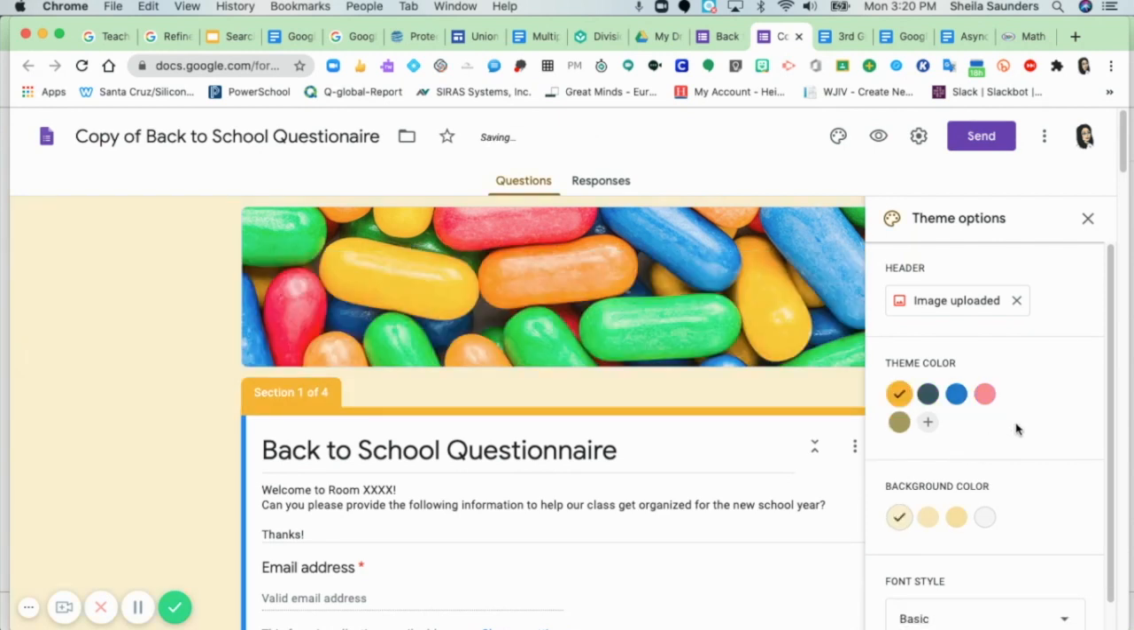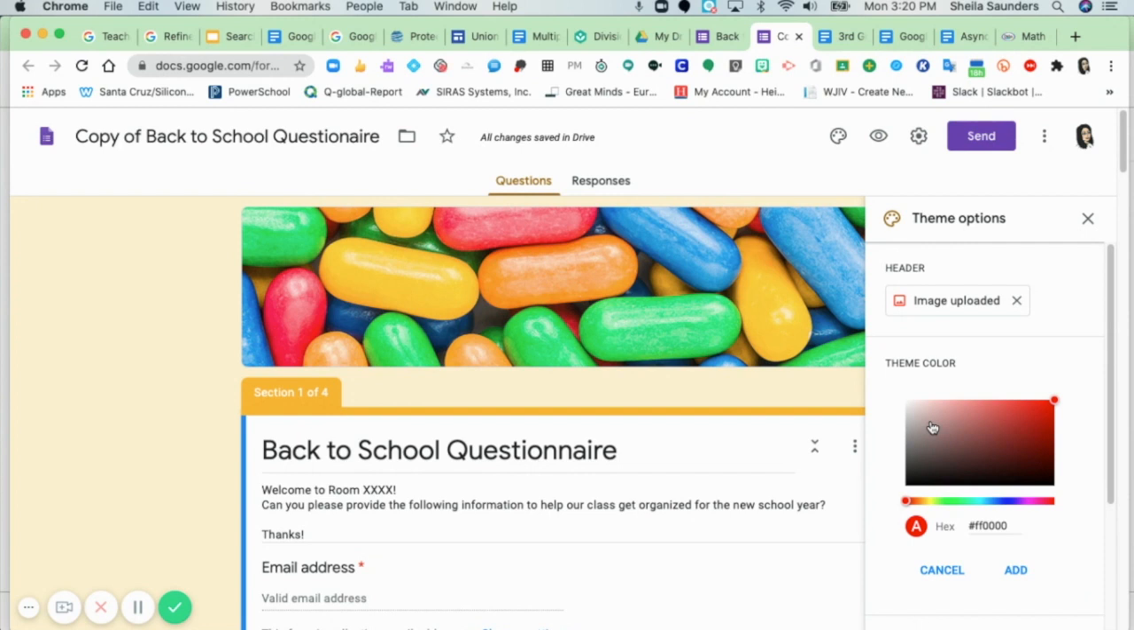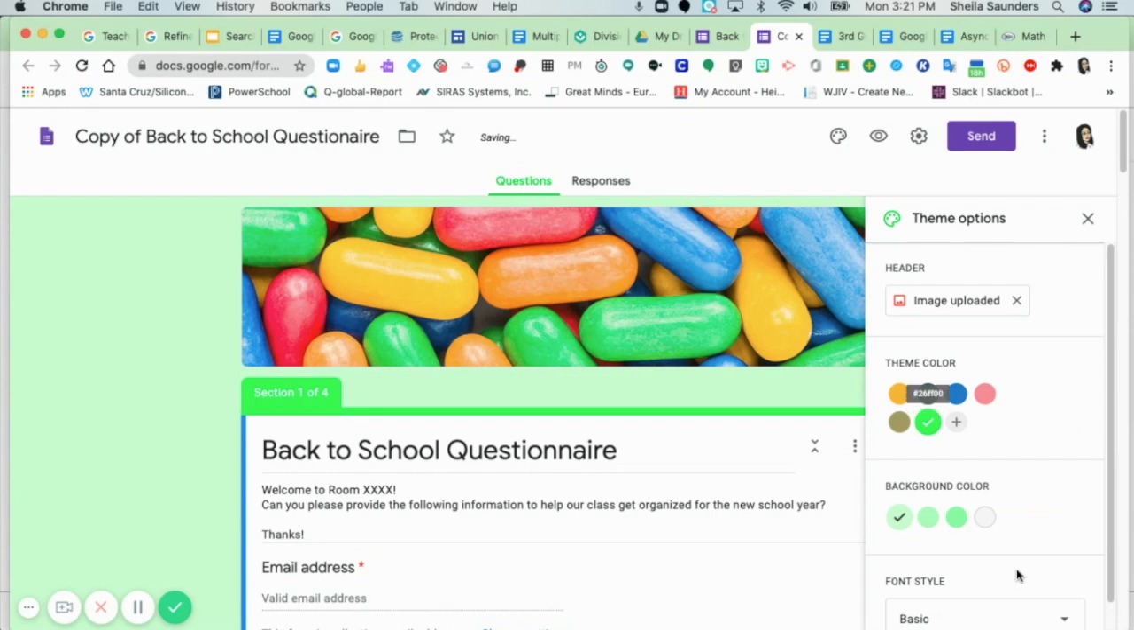All right, now theme color. You can choose your theme color. You can even add colors. I'm going to click on add because I don't really like any of those. And I want to find a really nice bright green just because. I'm going to say add. Whew, that's a little too bright. Let's choose the blue. There we go. That's a little more